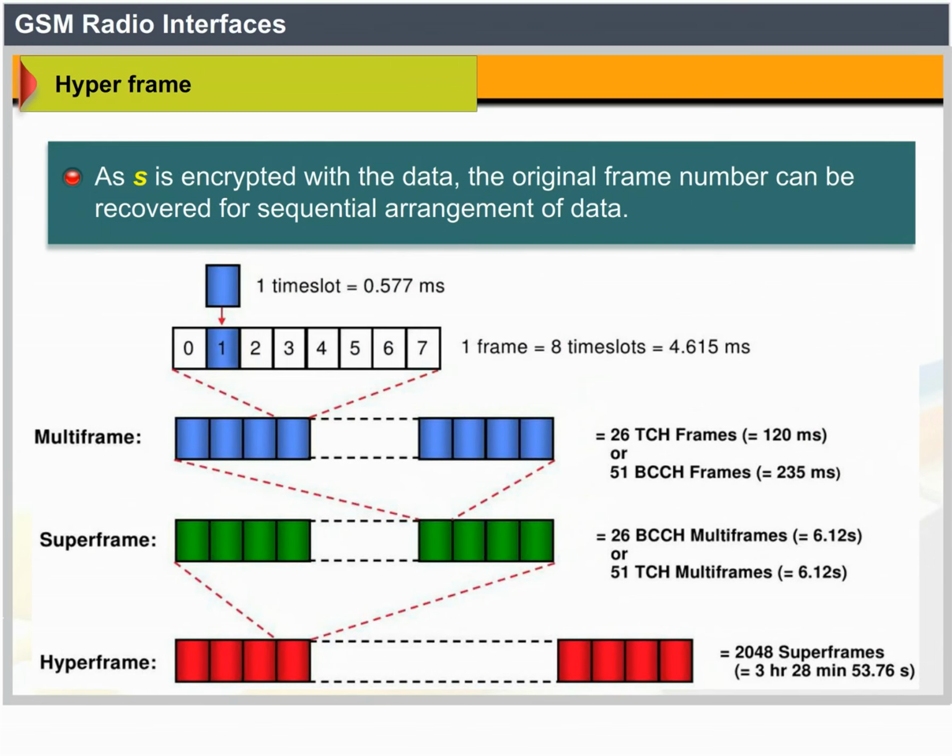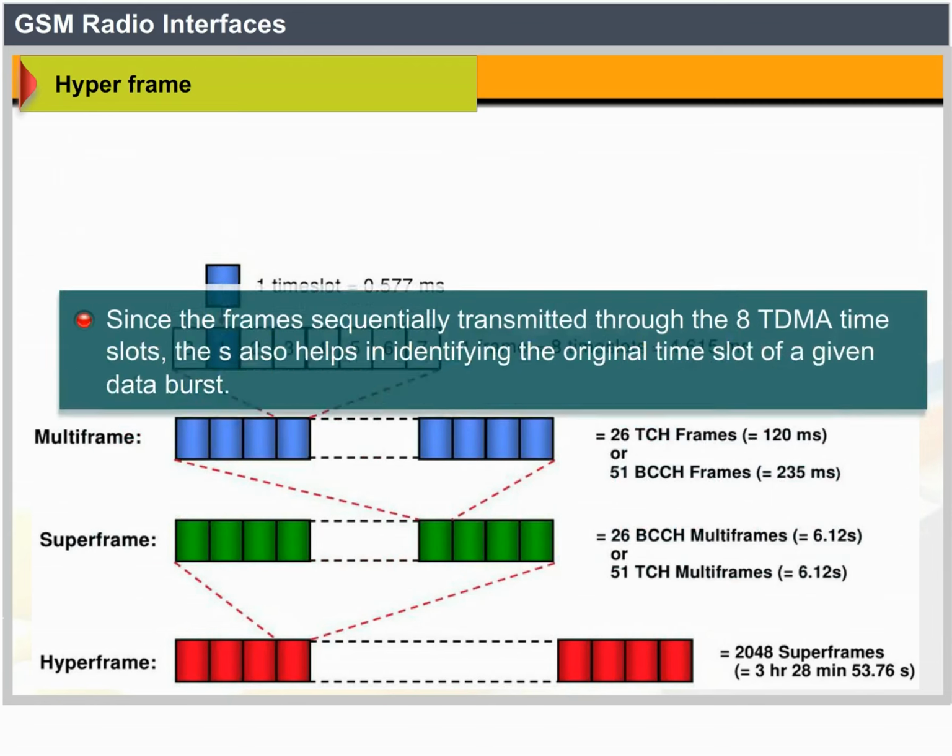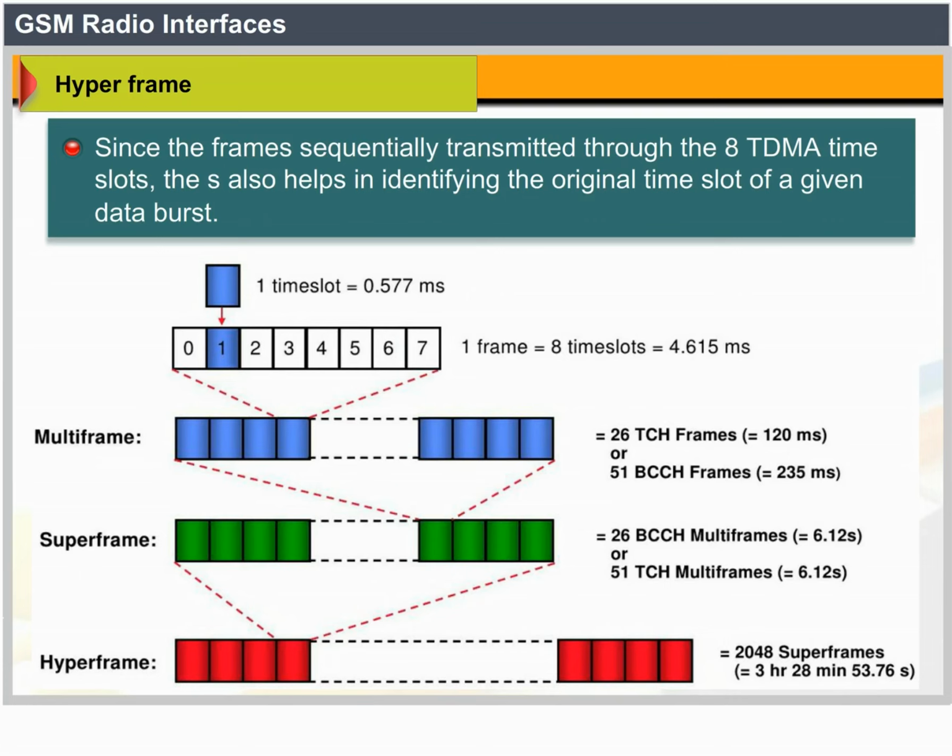The sequence number is encrypted along with the data so that after decryption, the original frame number can be recovered for sequential arrangement of data. Since the frames are sequentially transmitted through the 8 TDMA time slots, the sequence number also helps in identifying the original time slot of a given